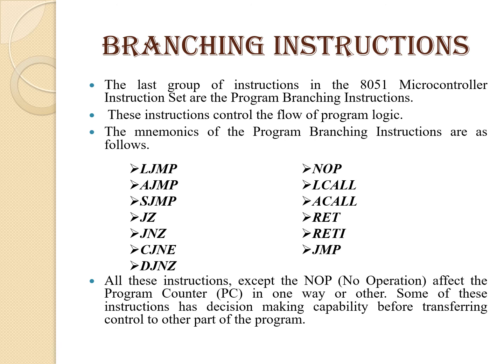As we have seen previously, the PC is a 16-bit register that stores the address of the instruction to be executed next. Do remember this thing: some of these instructions have decision making capability before transferring control to the other part of the program. So here we have covered all the instruction classification types: data transfer instructions, branching instructions, bit manipulation instructions, arithmetic instructions,